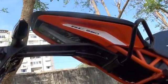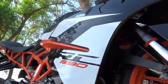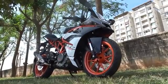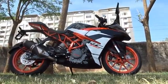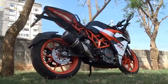KTM RC 390. Well, what a bike. What an amazing bike. Sorry, I believe you didn't expect this right at the very beginning, but I'm so damn impressed with the subtle yet significant changes that KTM have added to this already firecracker of a bike that the bike is now almost a perfect deal for anyone looking for a super hot, super sport machine in the 300cc